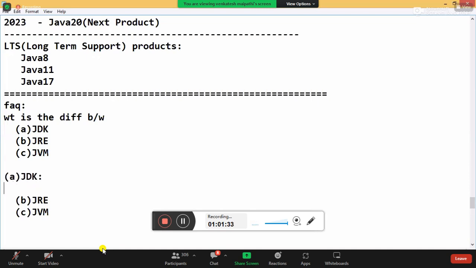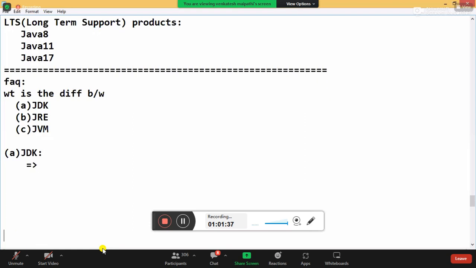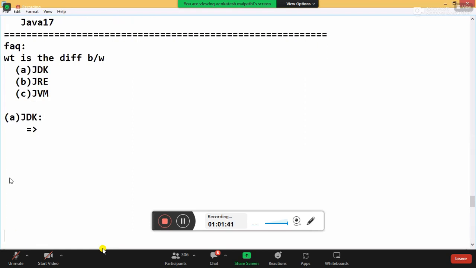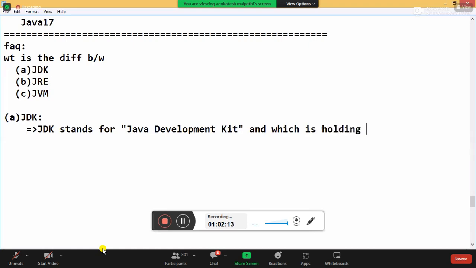Right. Make a note on JDK. JDK stands for Java Development Kit, and which is holding the following: